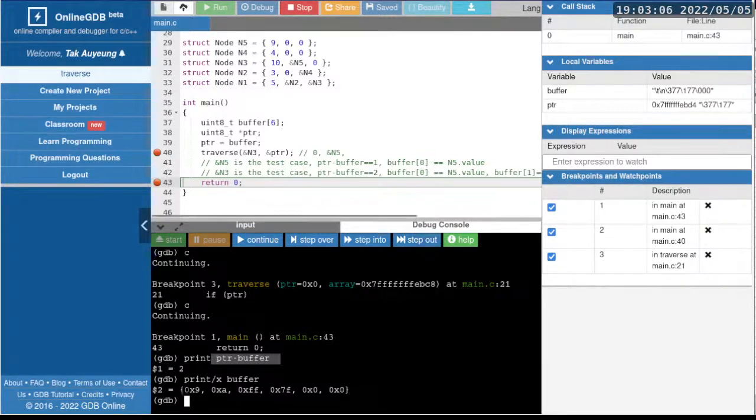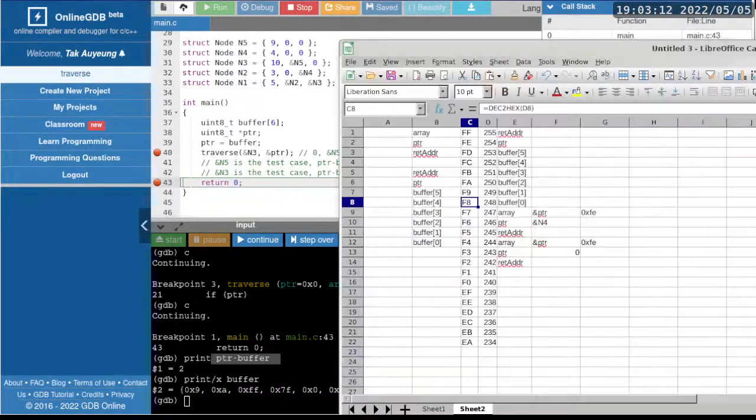And then the content, which is what is displayed here, the first item is 9, the second item is A in hexadecimal. That is also easy to verify, because now you can look at the content of this location. That should be a 9, 0, 9, and this location here should have a content of 0A. So this is me trying to help you to understand how the C code works,